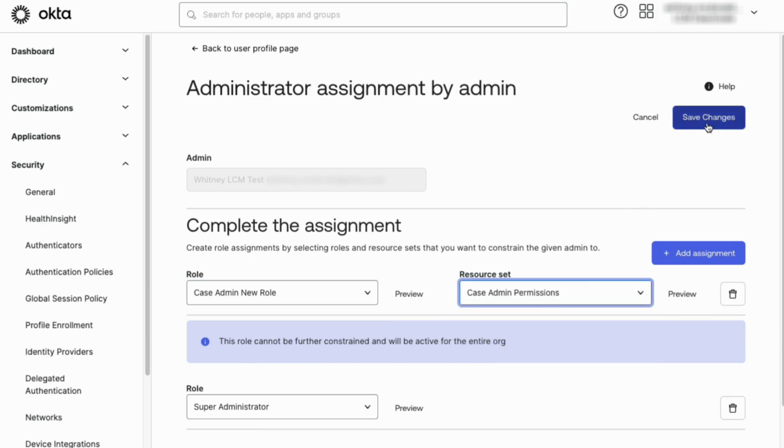on Save Changes. This concludes the steps to add and assign the new Case Admin permission to an admin within your org. This role will be required for any admin who needs to open and manage a case on the Okta Help Center. This is automatically assigned to super admins by default. As a super admin, you will need to assign this to the admins who should have this